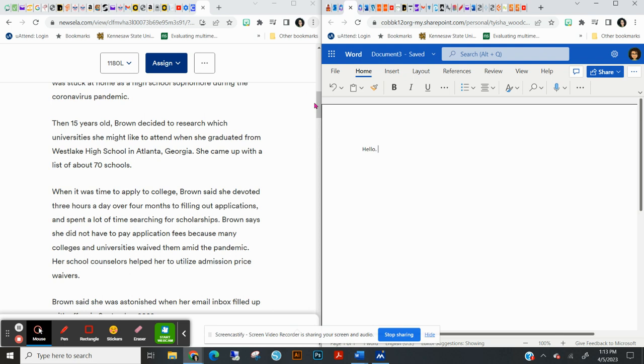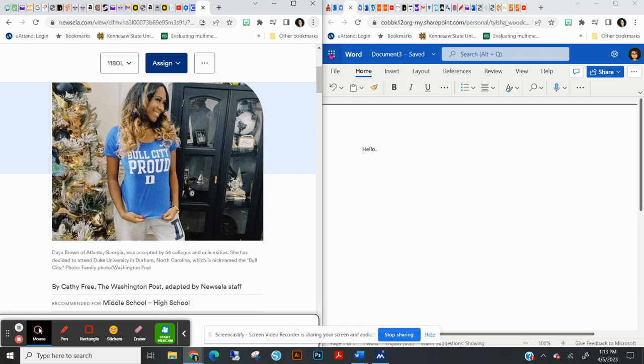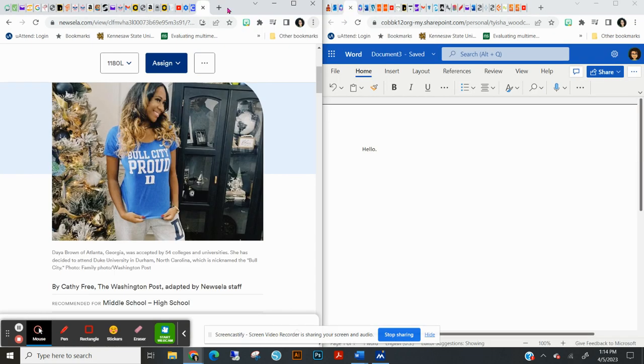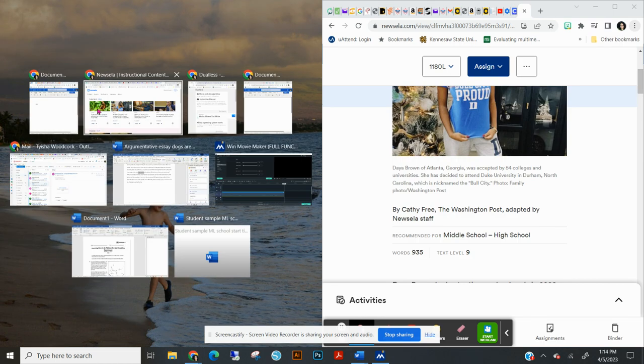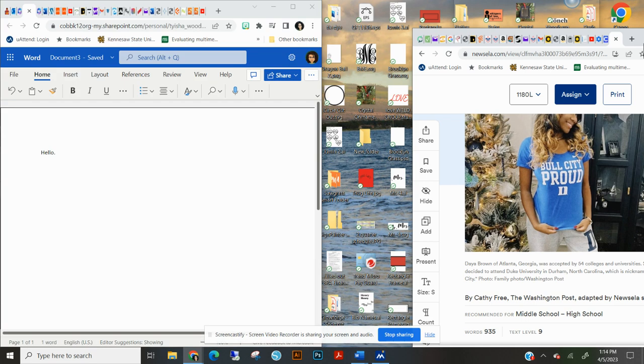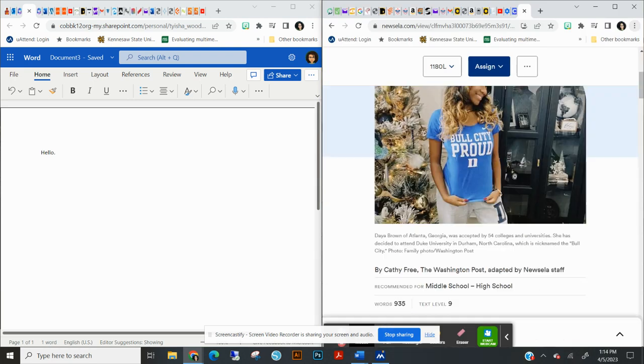Maybe I haven't figured it out yet, or there's something that I'm missing. But I like the fact that you can have two windows open, because normally what I would do would just be to grab it. And I think that's one of the capabilities of Windows, being able to just grab it. So I mean I see the benefit, but at the same time I could do the same thing just by grabbing it and pulling it to either the right or left,